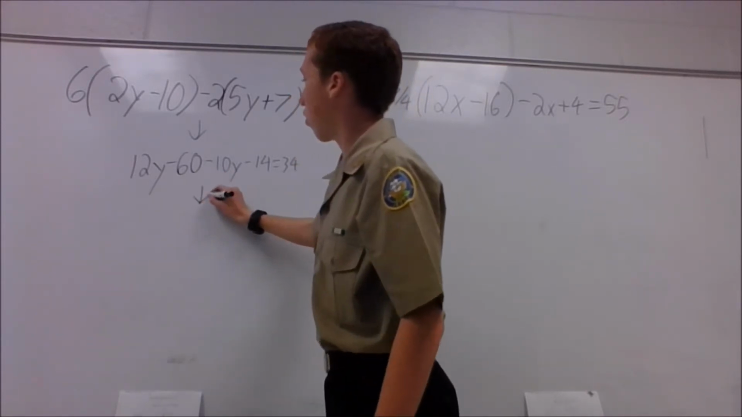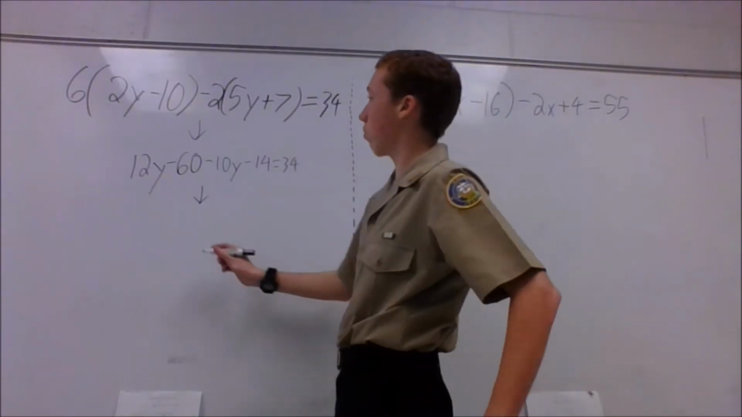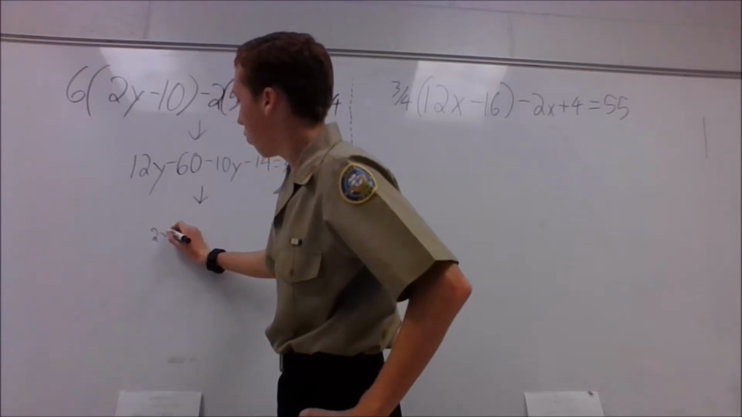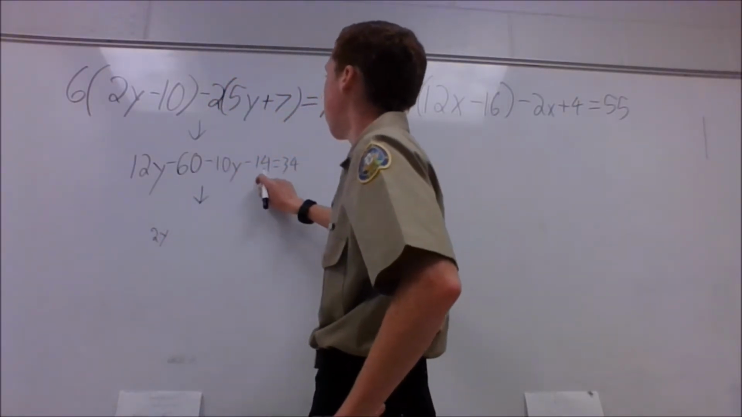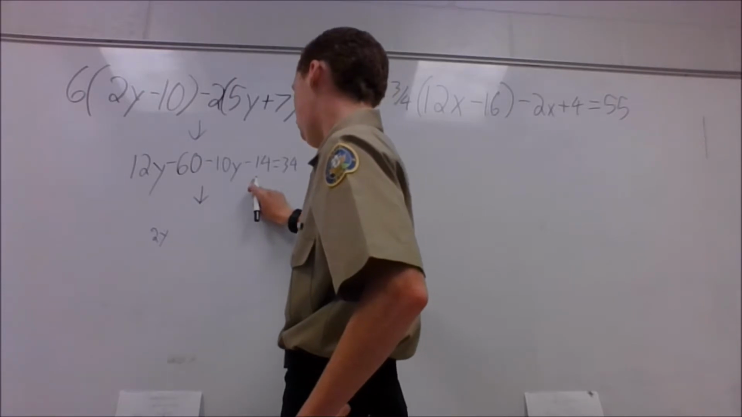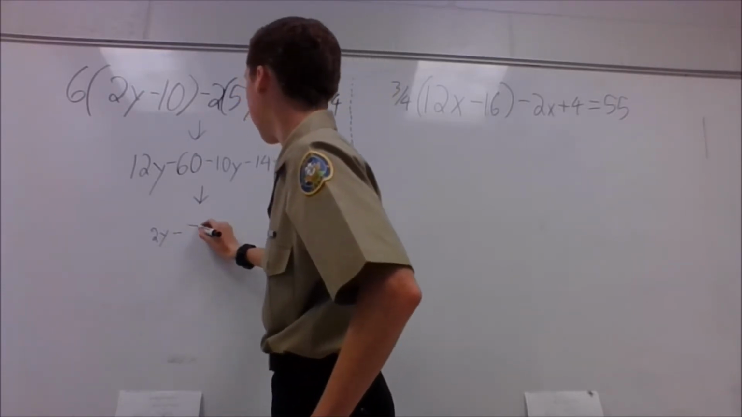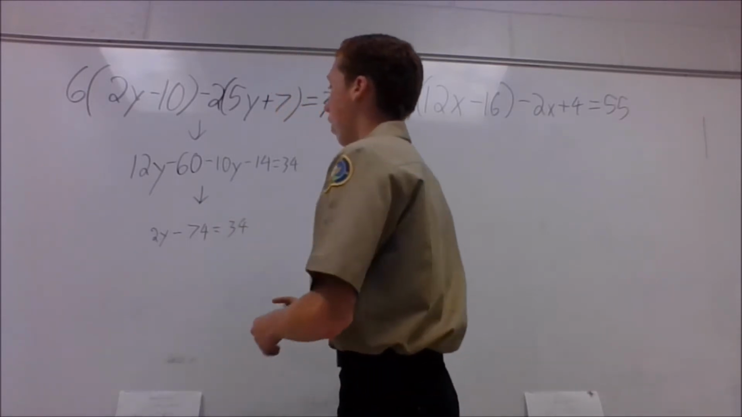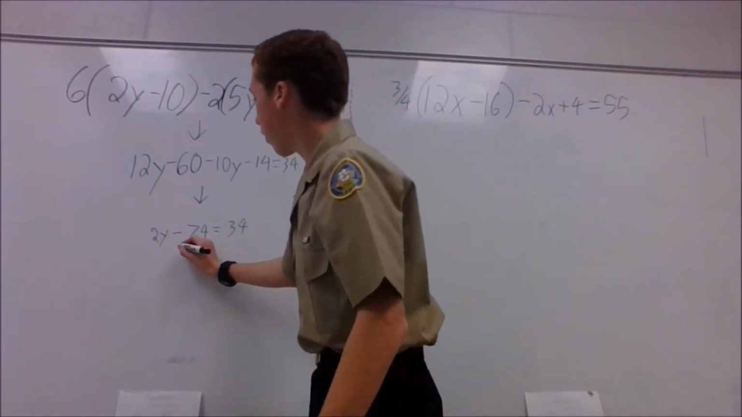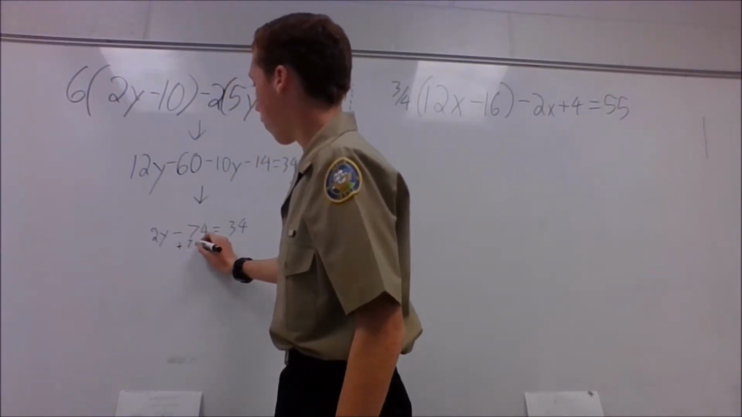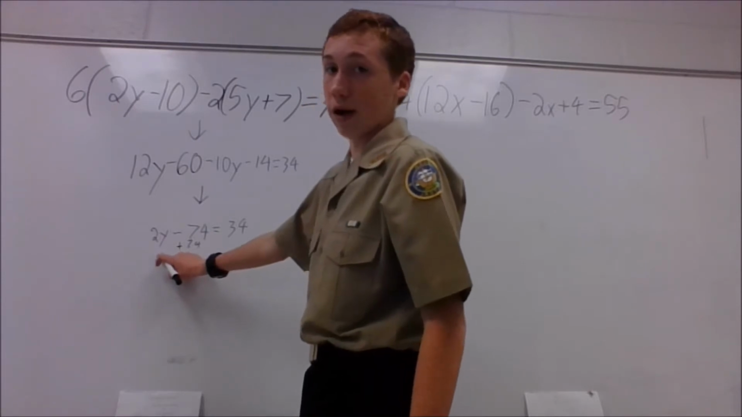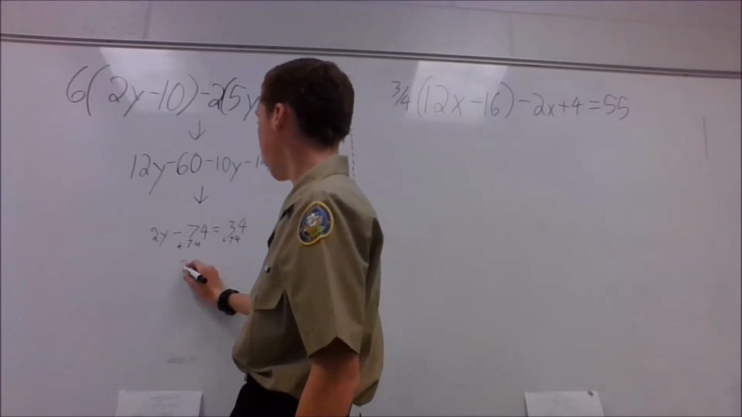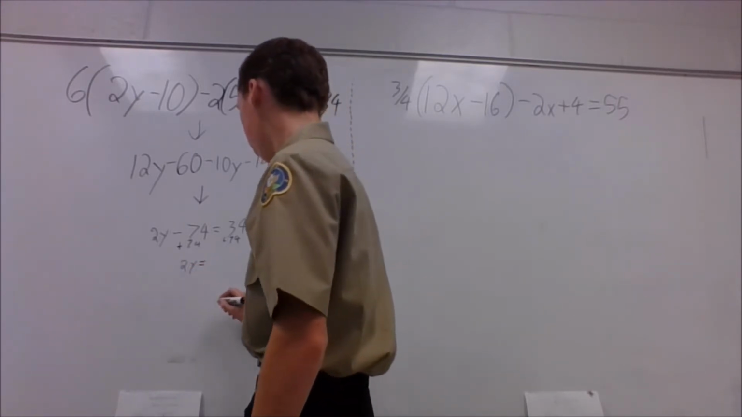Let's go ahead and draw our arrow. What we're going to do now is combine our like terms. 12y minus 10y is going to be 2y. Negative 60 minus 14 is going to be negative 74, equals 34. Now we have a two-step equation. So let's go ahead and make that one step. Plus 74, get y as close to by itself as you can. Plus 74, which will give you 2y equals